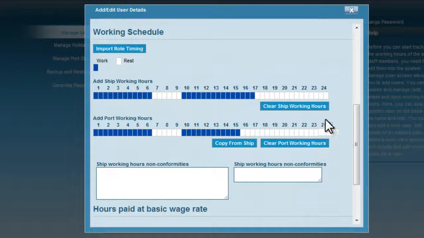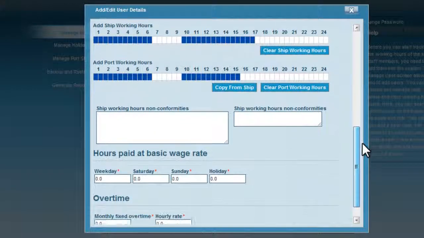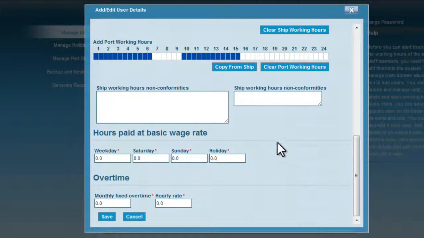The next section of this form displays the regular working hours for weekdays, Saturdays, Sundays, and holidays. Any additional work would be considered overtime.